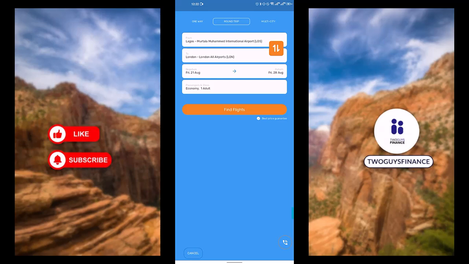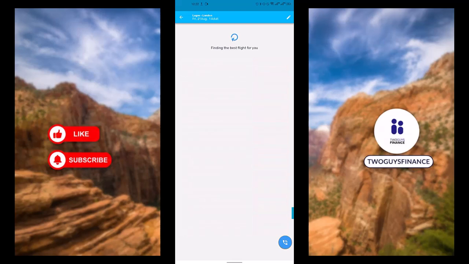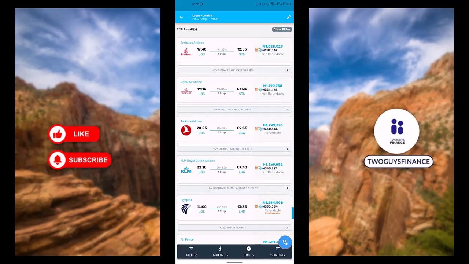If it's a round trip, you tap the round trip. If it's a one-way trip, you tap the one-way trip, then you find flight. So after all of this, you look at the one with the cheapest price. So select your preferred flight and carefully enter your passenger details exactly as they appear on your passport or your